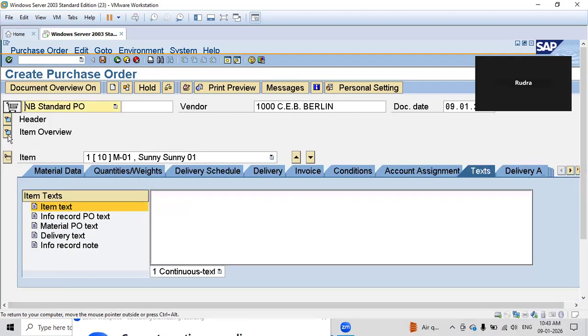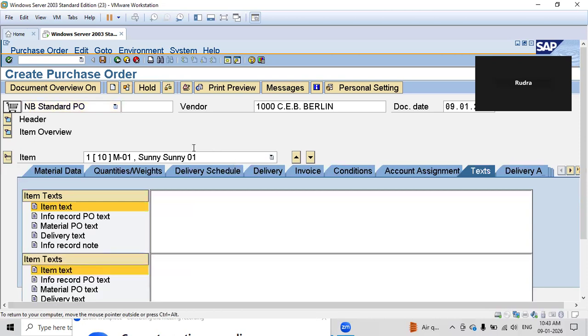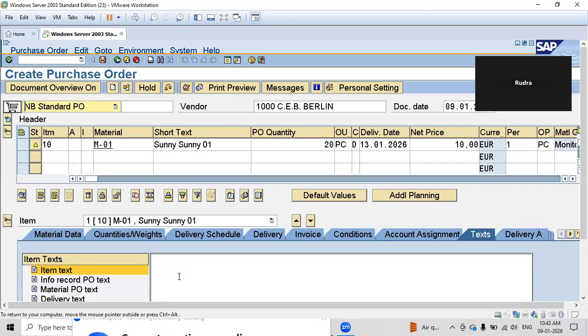Item text is there. If these 50 characters are not sufficient, then you can mention it here in detail. Sometimes the vendor has different materials. What you need to tell them is, Sunny 01, please relabel it to specific details and send it to us.